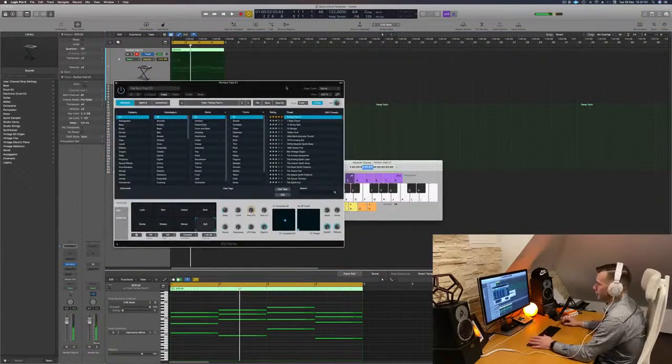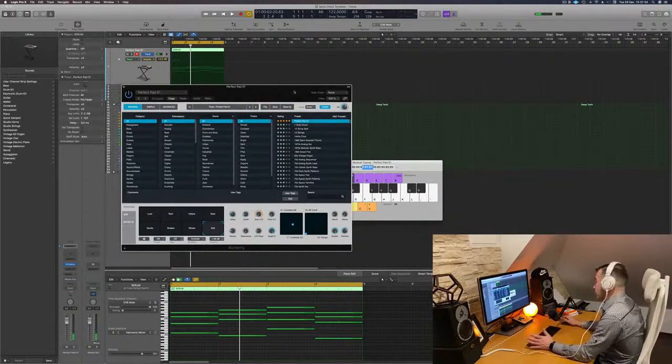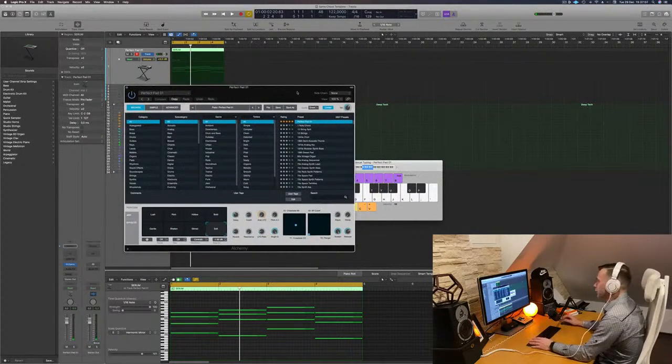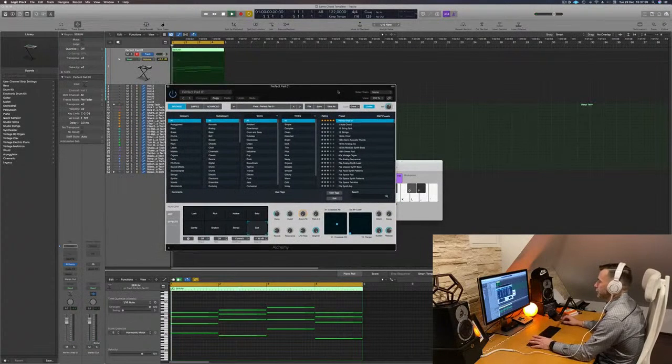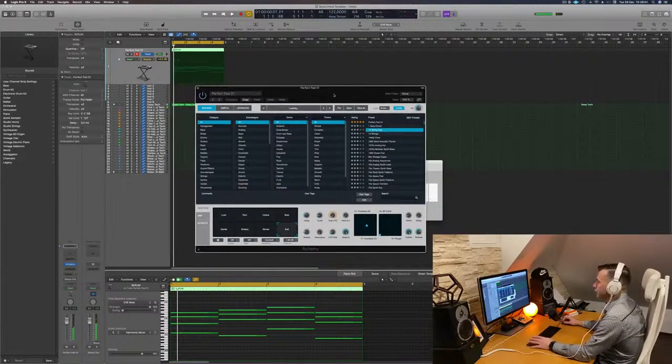I forgot to say, guys, that I use mainly or only Logic Pro X plugins, except on some episodes I use Serum, but it's really only Logic. So if you use Logic and you're a beginner,